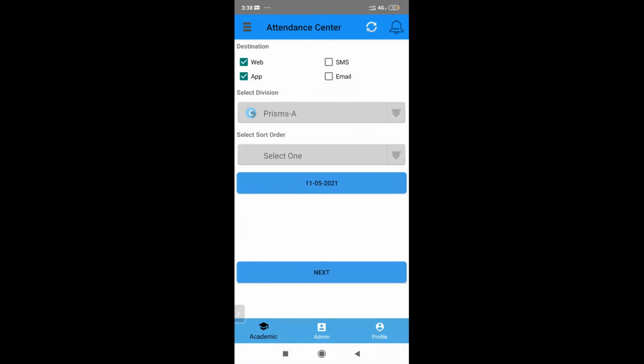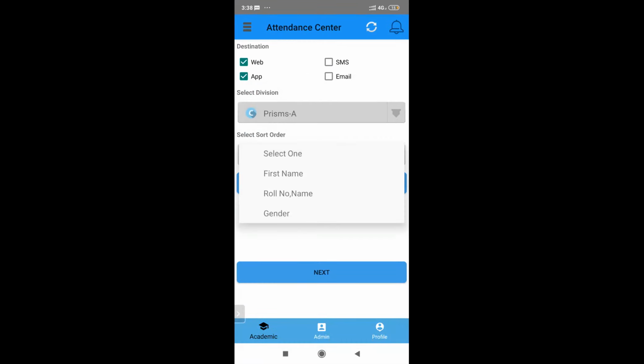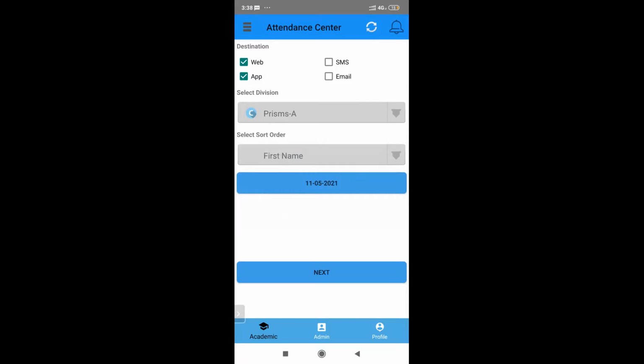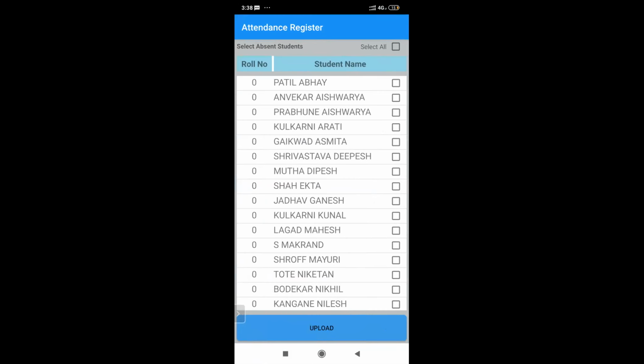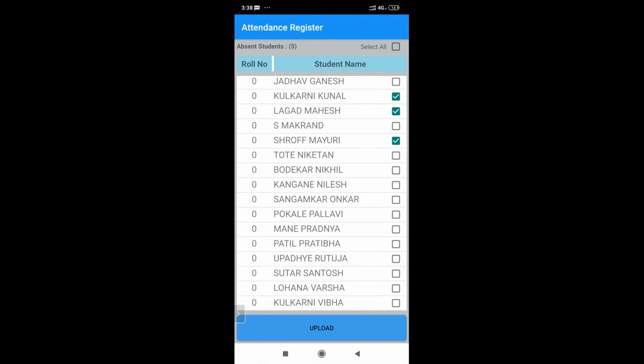You can select the class or the order for which you want to mark attendance: first name, roll number, last name. By default, today's date will be selected. If you want to mark for yesterday also, you can change the date from there. Now, all you have to do is simply select the absent students, select all the names of the students who were absent for that session, and upload.